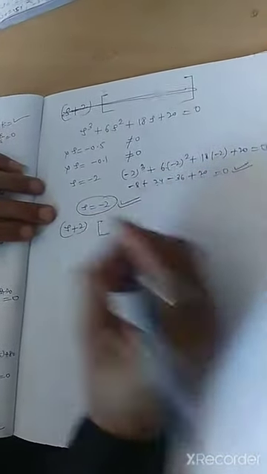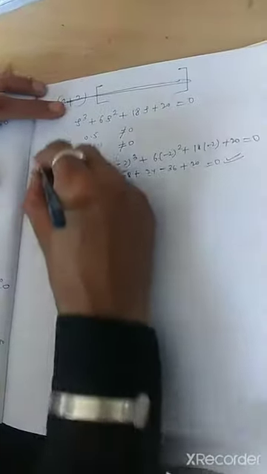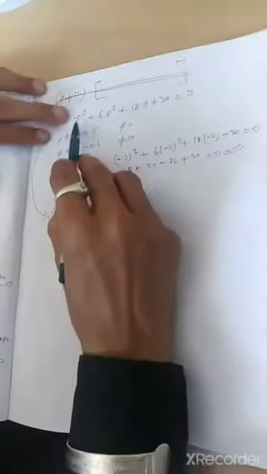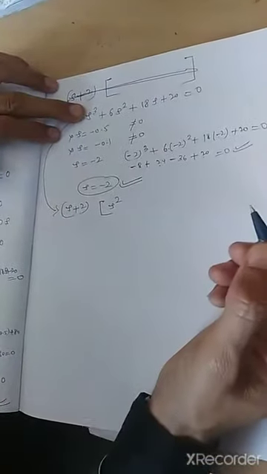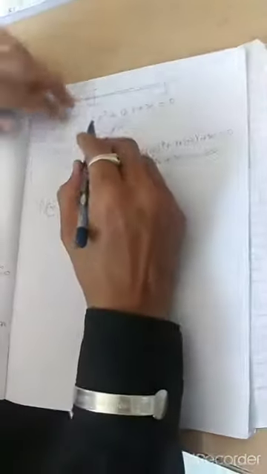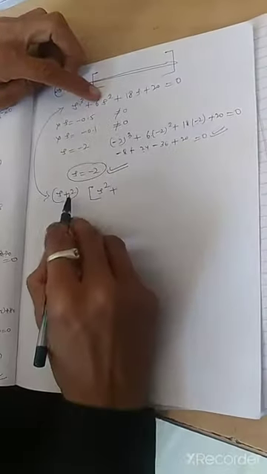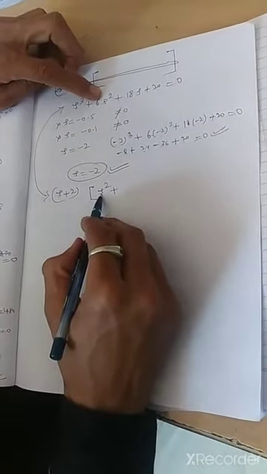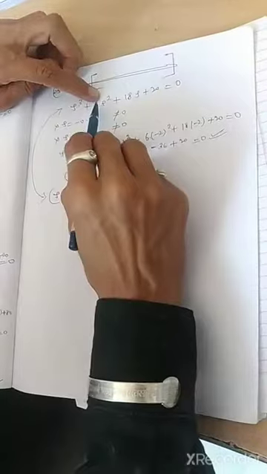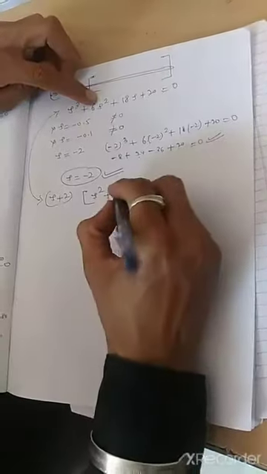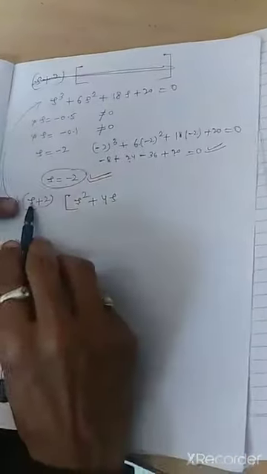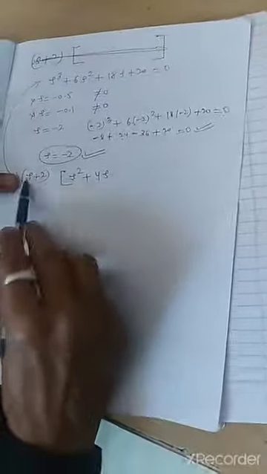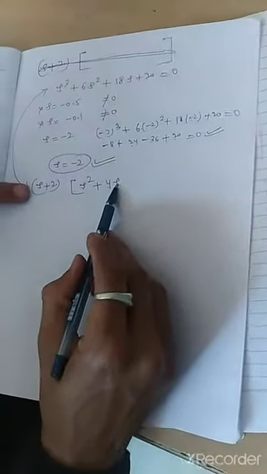Now what are the remaining factors? What is my equation? Now see, compare this one with this equation. I require s cube. So here I have s, it means I have to multiply with s square. Okay. Then this 2 is also multiplied by this s square, so that is 2s square. But I require 6s square. It means how many remaining? 4s square is remaining. So I use 4s only, because this s when multiplied by 4s will be 4s square. So 2s square plus 4s square will be equal to 6s square.